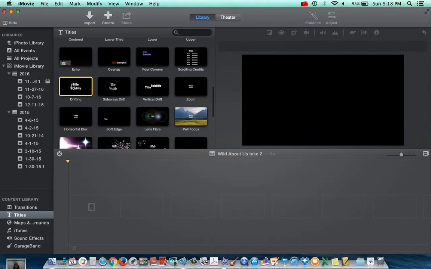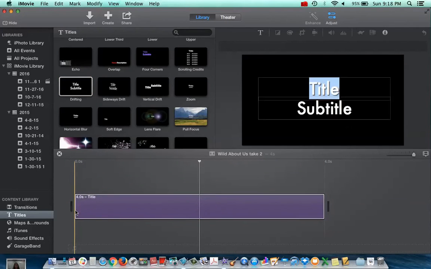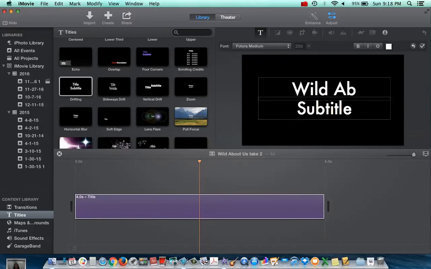I've done a variety. I'm going to try this drifting one. When I pick it, I'm going to grab it and I'm just going to drag it down here and drop it. And over here on the left, it's going to come up where I can write. I double click. The title is the name of my story. My subtitle is the author,